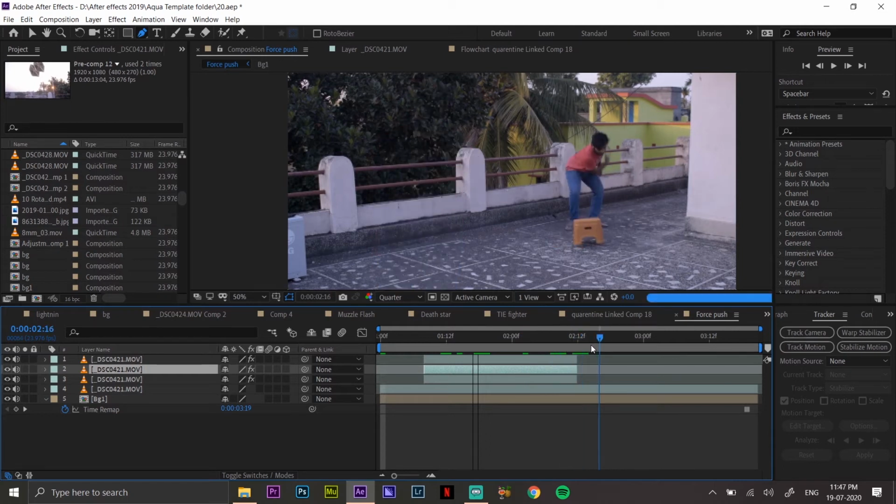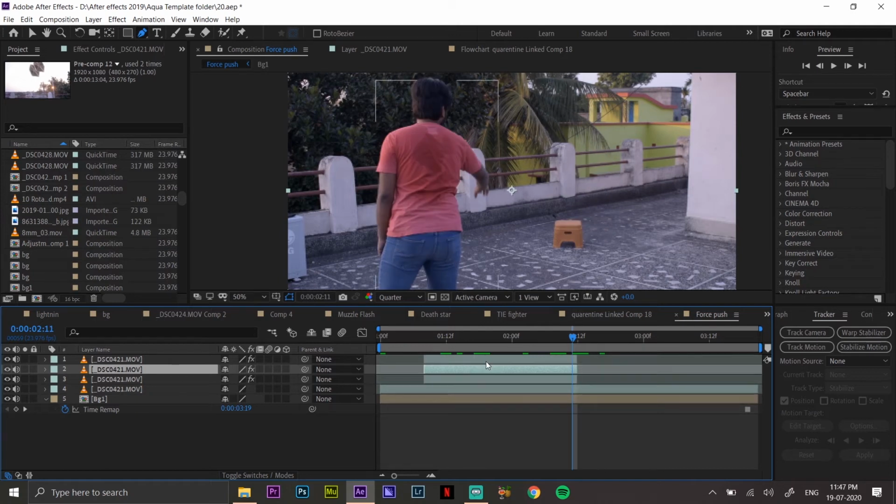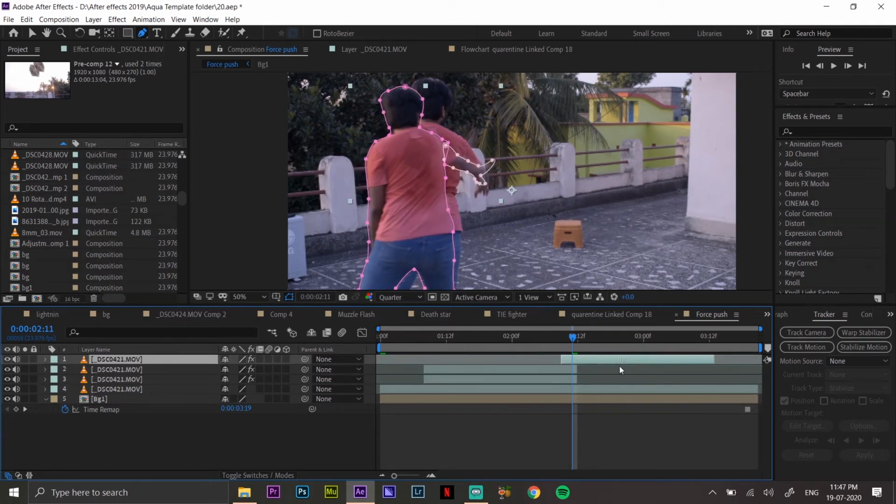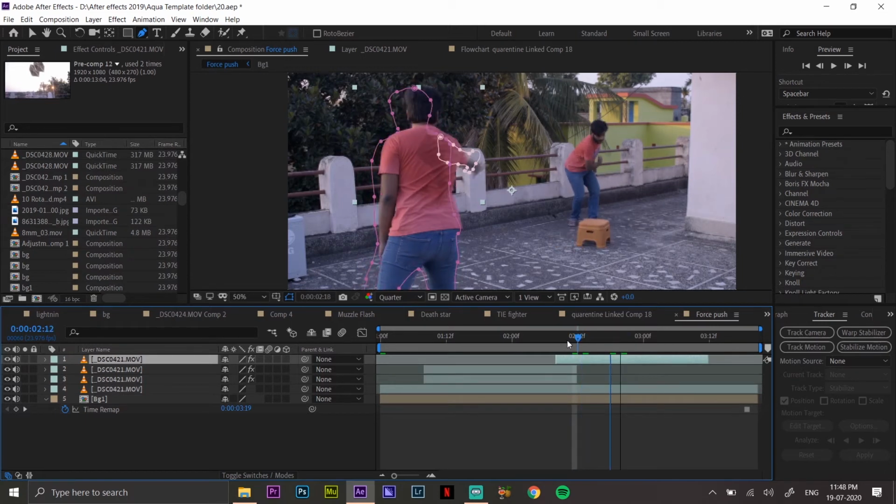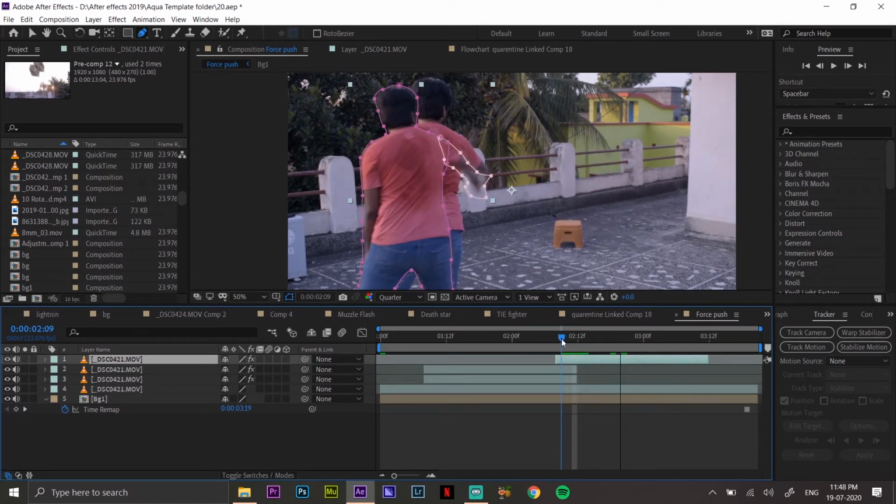And now I have to mask myself, who is pulling the stool. So instead of masking myself, I'll mask the stool and add it.